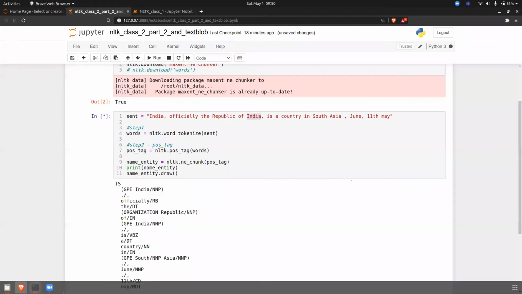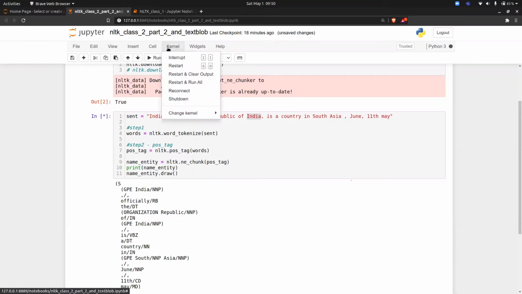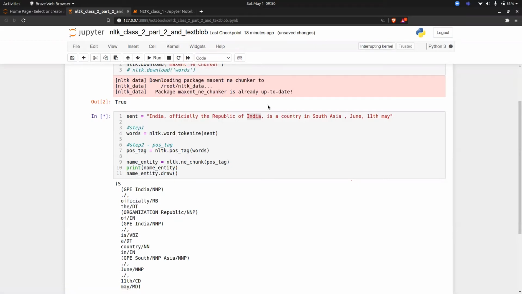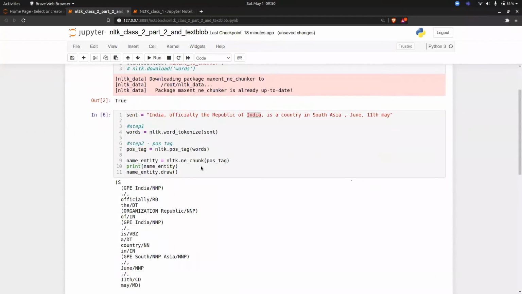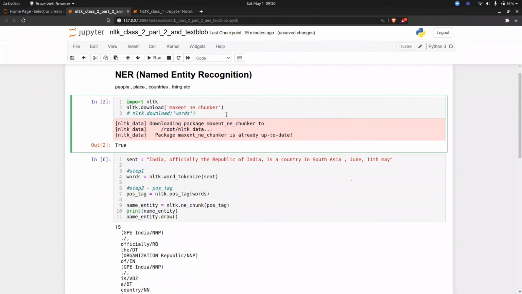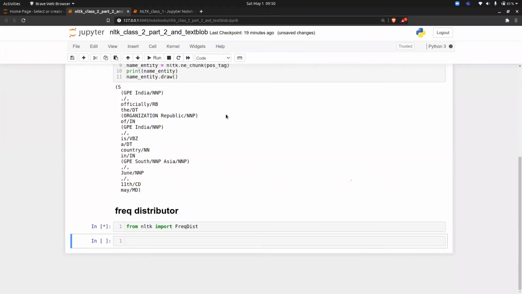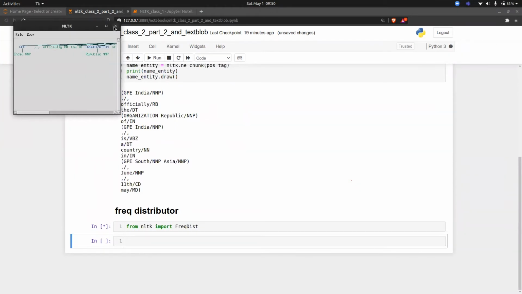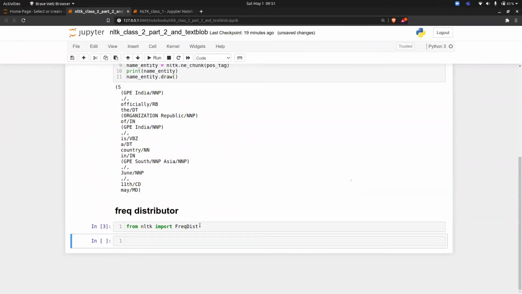Okay, my thing is still running, so I will just interrupt the kernel. If that draw window is still there, your Jupyter notebook will not work. So you have to close that window with the cross. That's why I have done that. Okay, so you have to close this, and then only it will work.